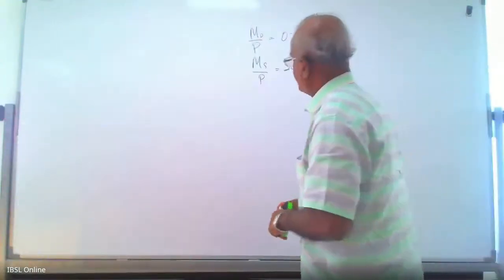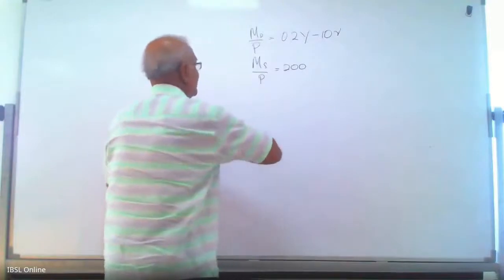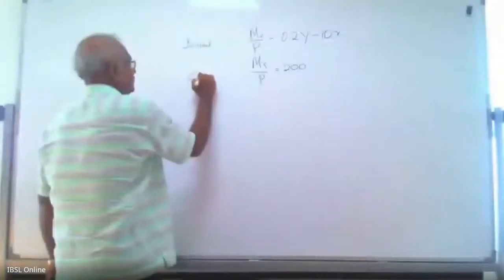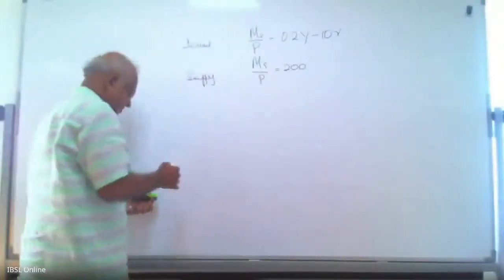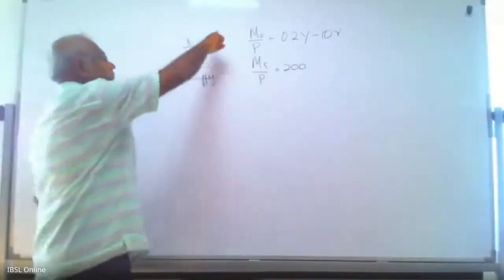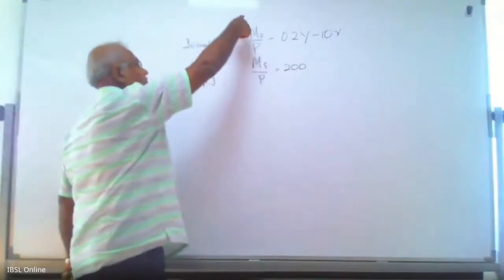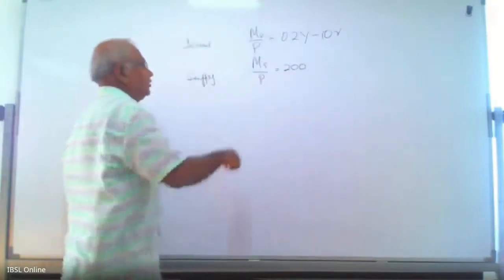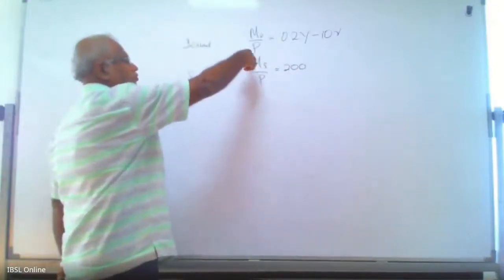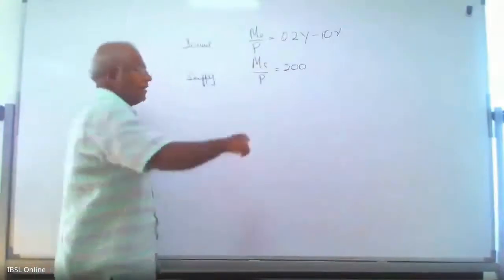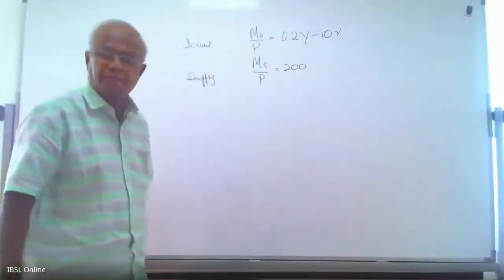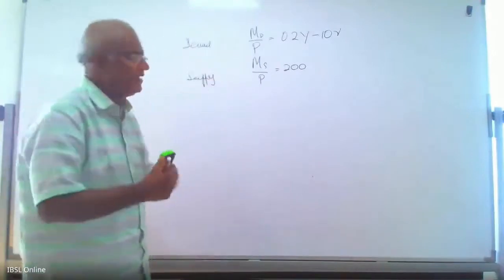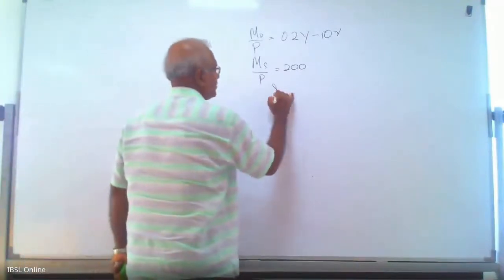This is the real demand for money. We discussed what money is, functions of money, demand for money, and then the demand function. We discussed supply of money, who is responsible for supplying money, and how the central bank supplies and controls money in the economy. Now you have two functions. The LM curve is demand equals supply.